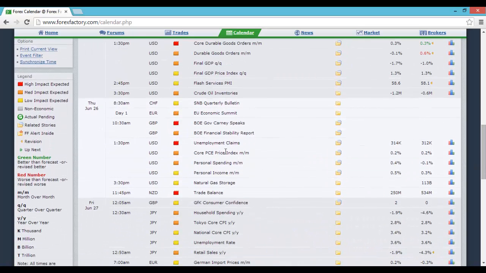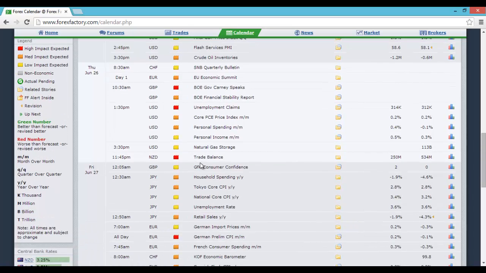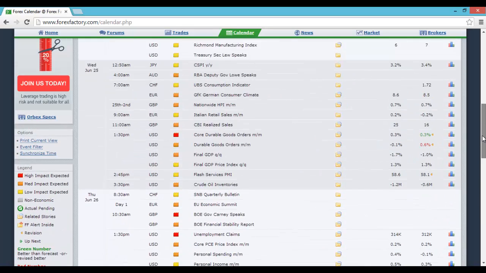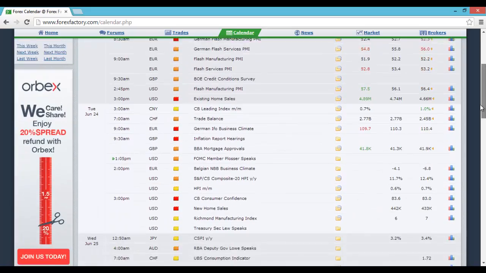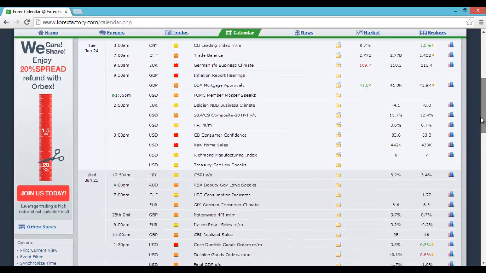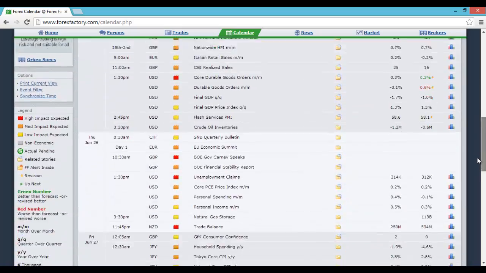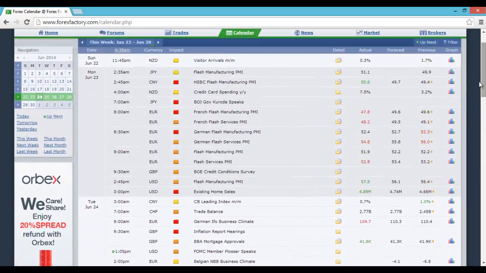Thursday we have Bank of England Governor Carney speaking again at 10:30 with the weekly jobless claims at 1:30. For any of you who trade the kiwi, we've got the New Zealand trade balance, and then on Friday we have German preliminary CPI and UK current account. So quite a standard week in terms of data. Nothing major. I mean, there's no sort of FOMC or rate decisions or NFP, anything like that. It's a pretty standard week in terms of that. Not too much out.